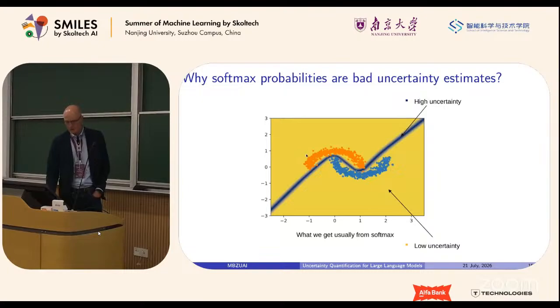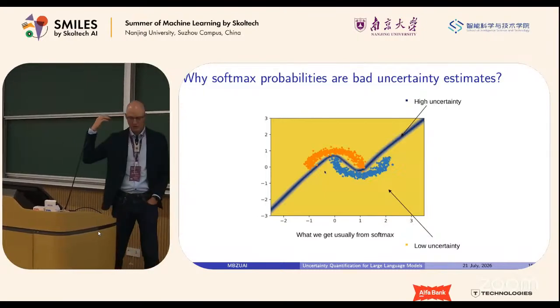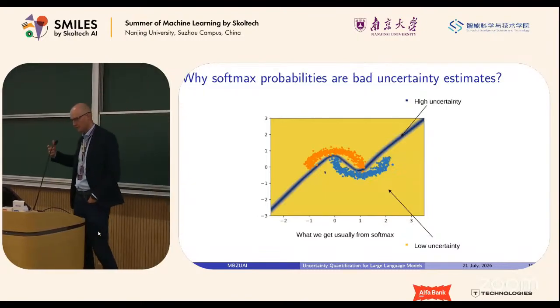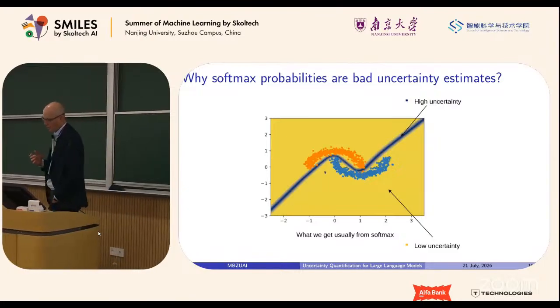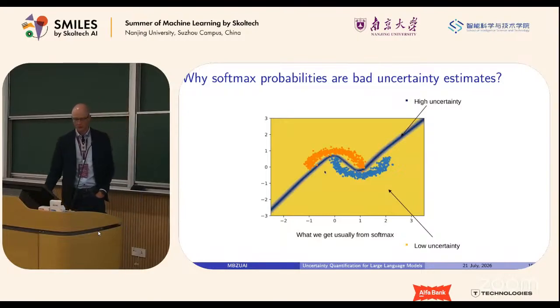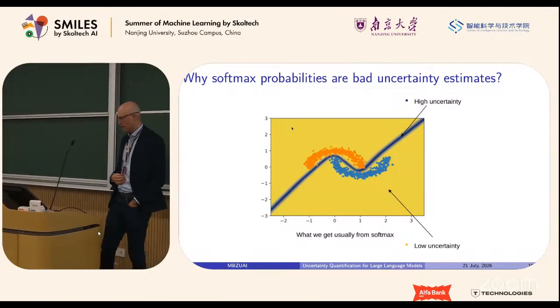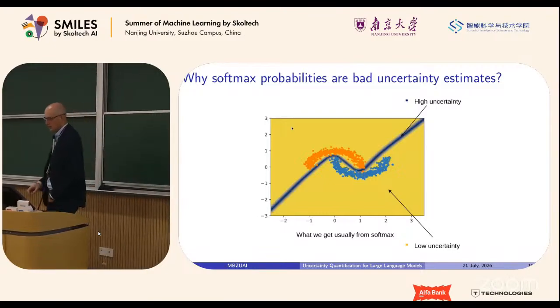But as you can see, the data that we have in our training data set is located only in this area. So our softmax probabilities, or uncertainty based on the softmax probabilities, would be overconfident in areas where we don't have any data at all, which is obviously an overstatement because we don't know how our space behaves. We don't know anything about this area, right?